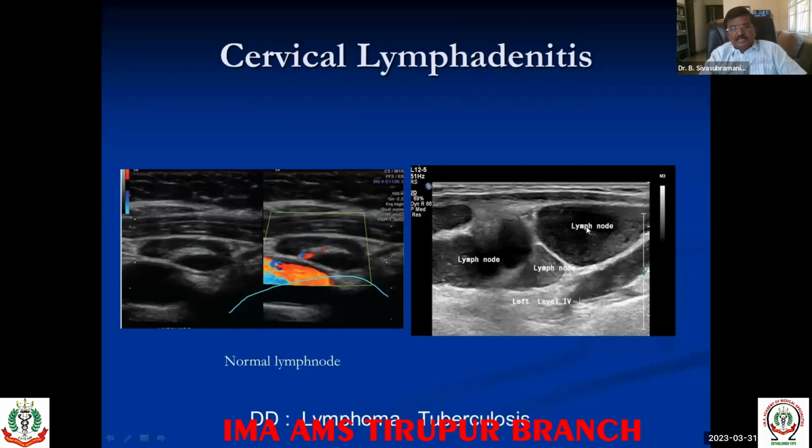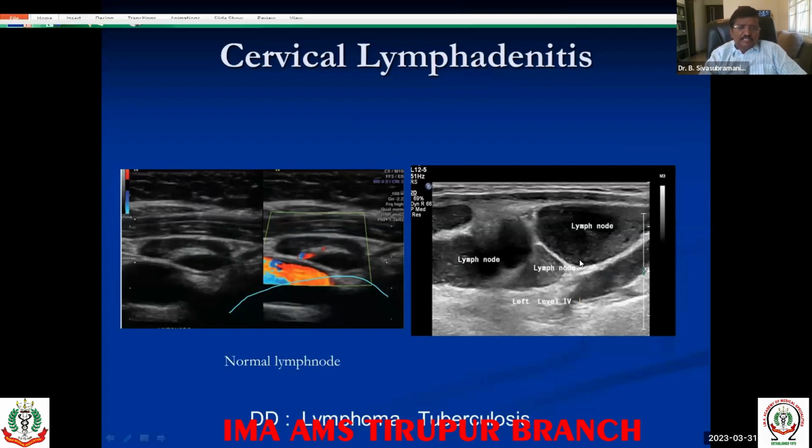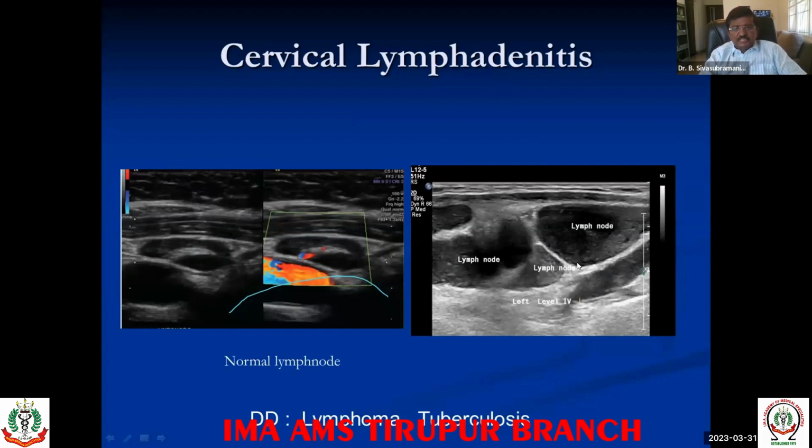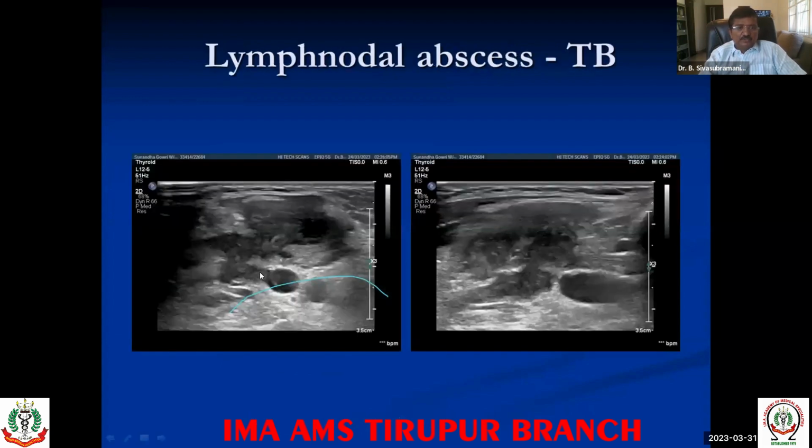Another criterion is lymph node size, where you measure the short axis. If the short axis is more than 10 millimeter, then we think it's an abnormal lymph node. For the differential diagnosis, you can think of lymphoma. Commonly we see tuberculosis. Rarely we can see diseases like Kikuchi's and Kimura's disease, but those are very rare. And here is an example where you see a matted lymph node with some amount of necrosis. If you see this necrosis or caseation and matting of lymph nodes, then you can think of tuberculosis,